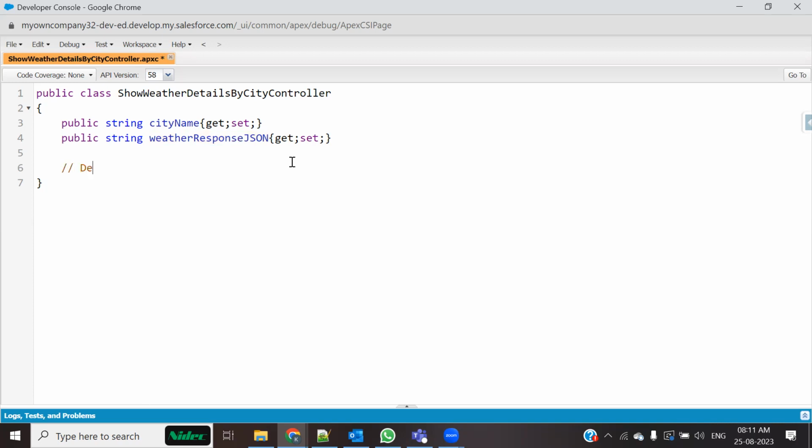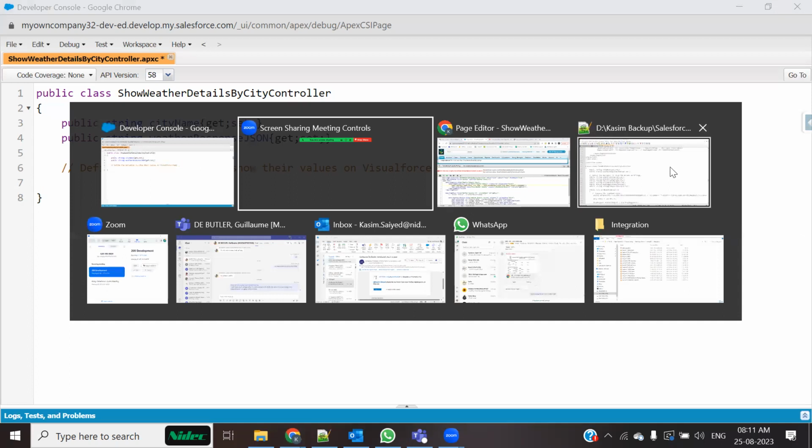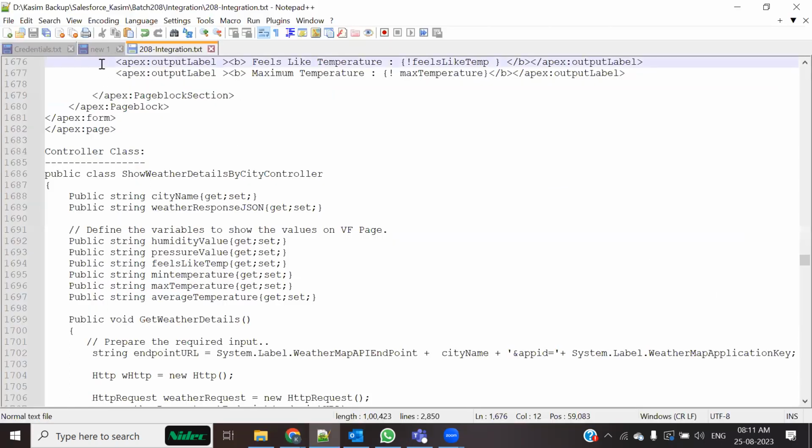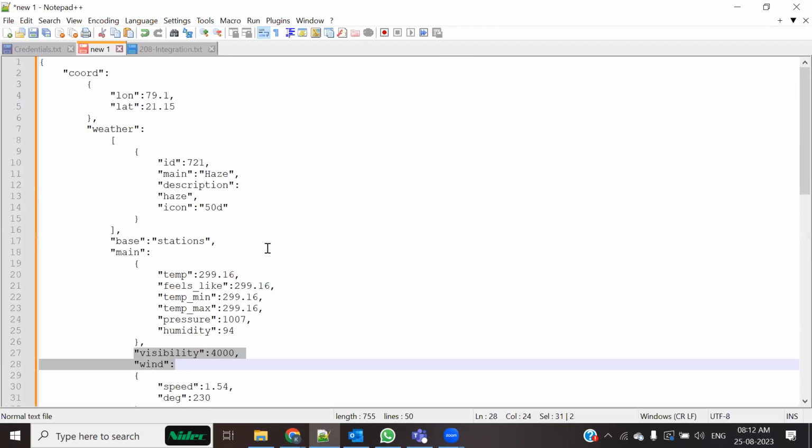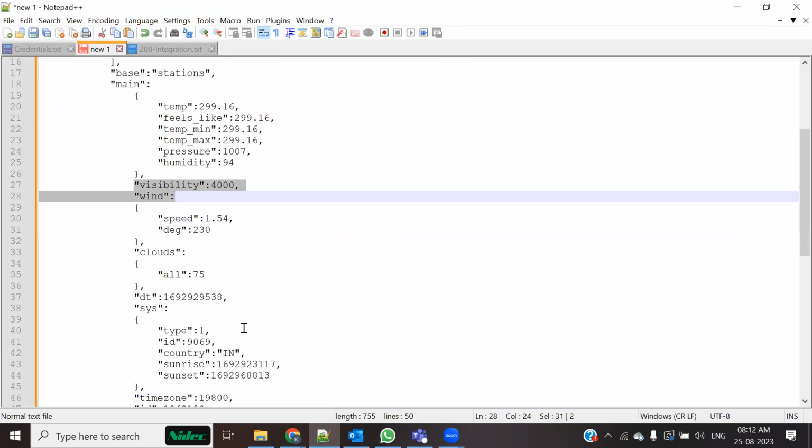Now you will have to define the variables, like which variables' values you wanted to display on the Visualforce page. जितना भी आप डिस्प्ले करना चाहते हैं. So out of this whole response, ये सारा रिस्पांस जो मिल रहा है, now is the time to decide how much portion of that we wanted to display. यहाँ से आप ये भी सीख लेंगे कि आप कैसे स्किप कर सकते हैं कुछ।